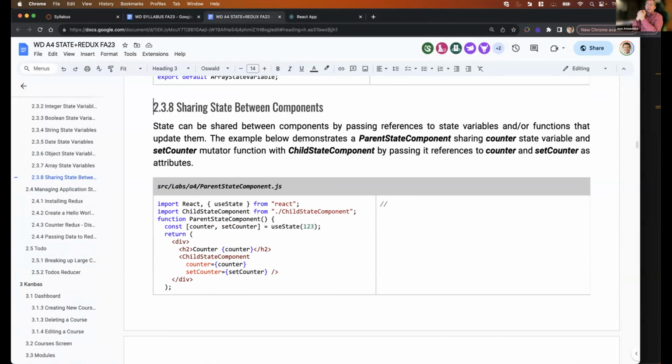And so we discussed several examples where we were using useState to maintain state for simple data types like strings, integers, Booleans, objects, arrays, right? And we went through all those,